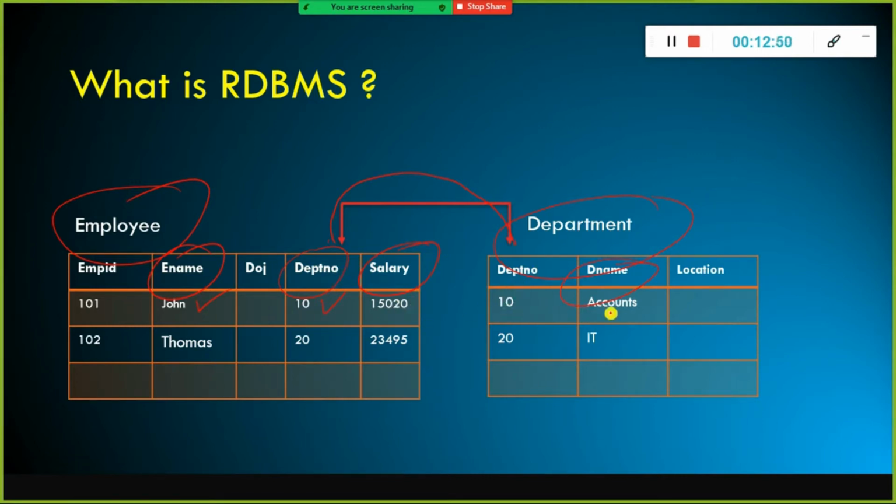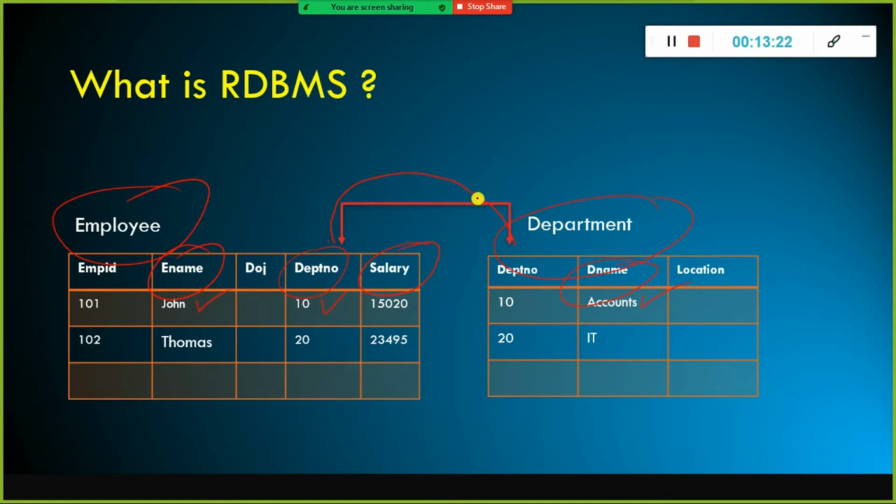Hence the corresponding value for this department number is the accounts department. You got it? So how did we retrieve the department name? By looking at the matching column between these two tables. We have to join these two tables based on the common column between them